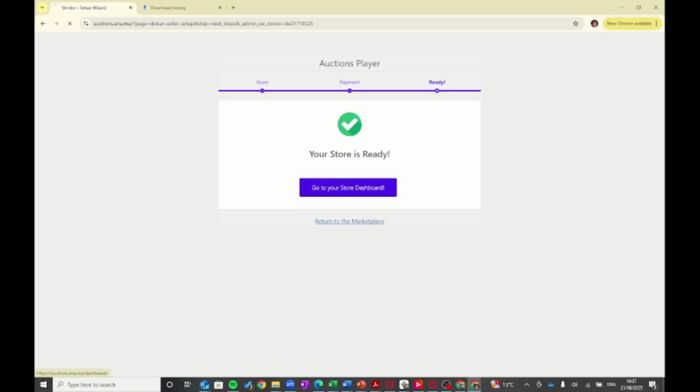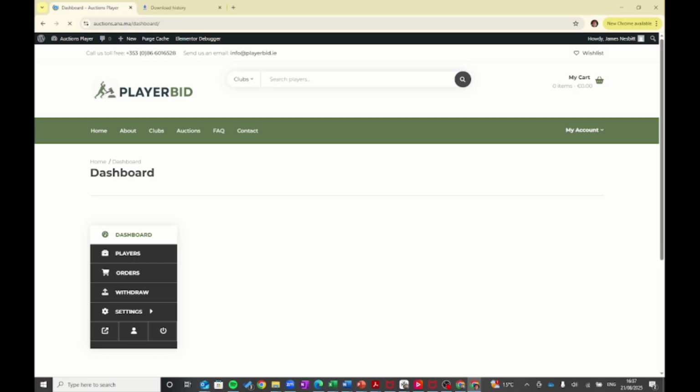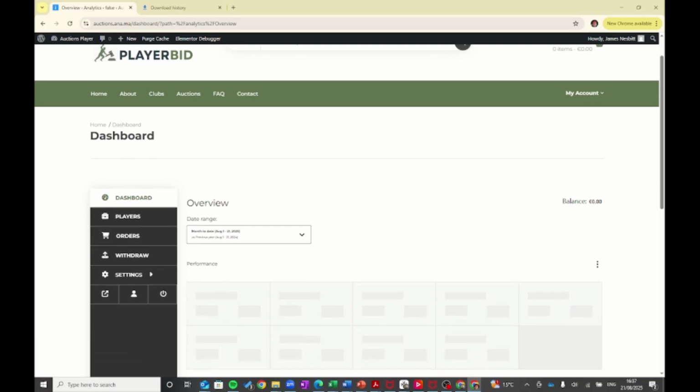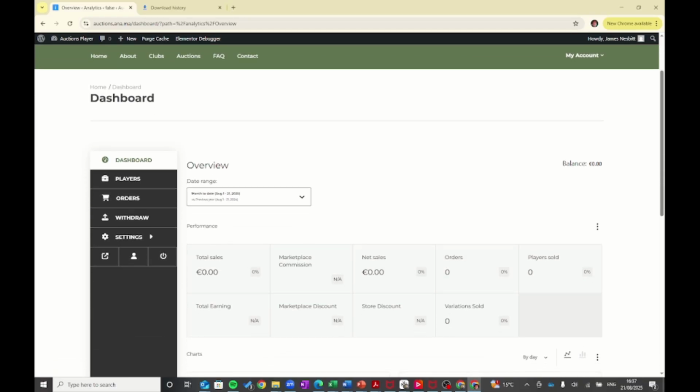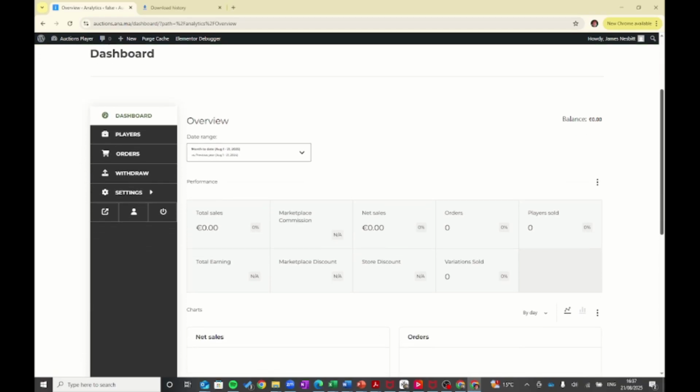So you can go to the store dashboard. Down here on the left hand side, the main overview will give you an update on your auctions, what you've sold basically. And then down this left hand side you'll see players, orders, withdraw and settings. Really the areas to consider are the players and the settings. So if I click on players, I'll be able to create individual player auctions, but let's start with the settings first for the store,